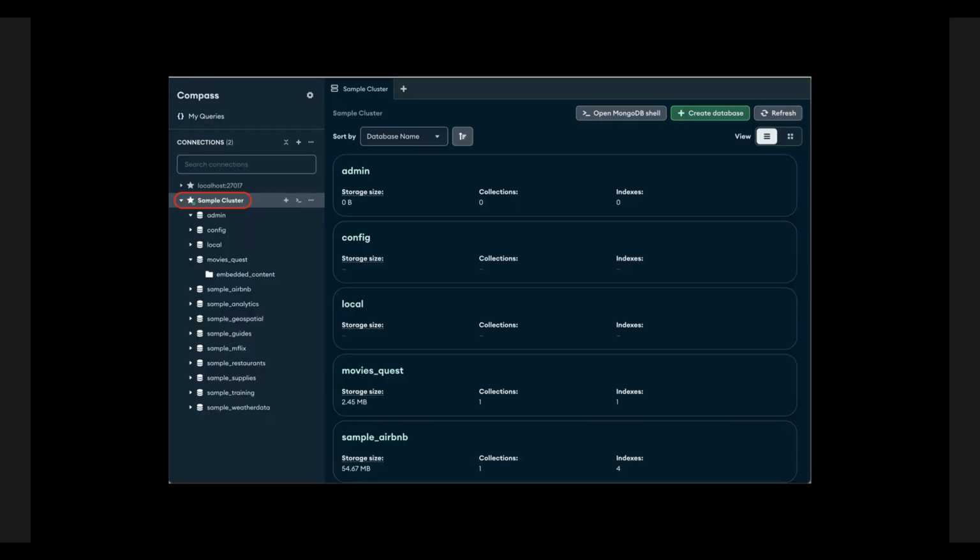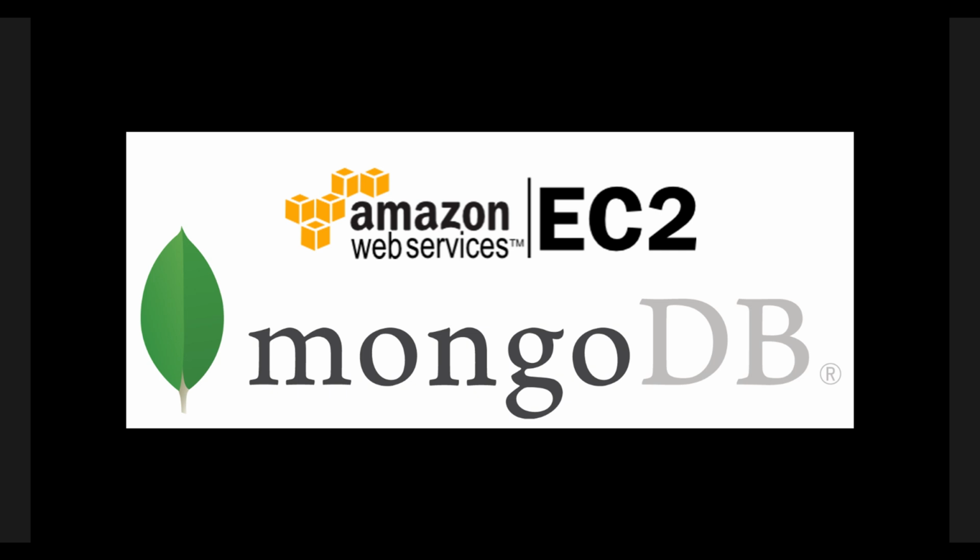Another way is MongoDB Compass. If you prefer not to use the terminal, MongoDB Compass provides a graphical interface where you can manage your database visually. Other ways are connecting to a remote server or via an SSH tunnel. So there are multiple ways, but in this video, we will discuss the Docker setup.